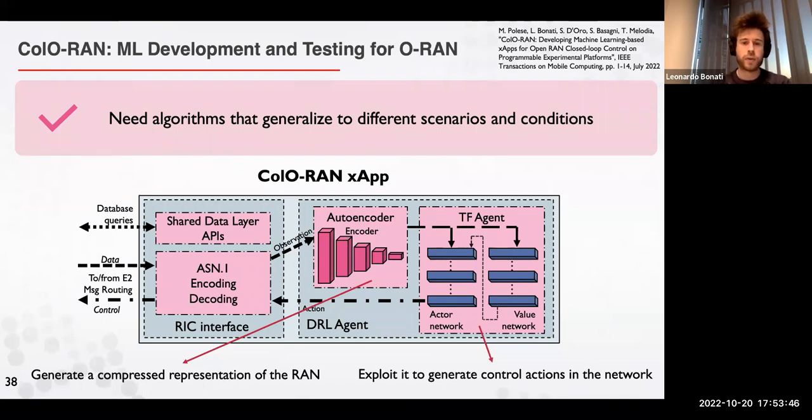So, for example, you see here the picture of an XApp, which will be deployed on the near-real-time RIC. And it has different components. One on the right, where our DRL agent, so our machine learning model, runs, and this component takes care of generating some compressed representation of the data, because maybe we don't want all the raw data that we get from the RAN, but we need some